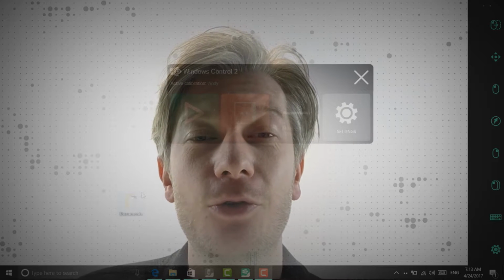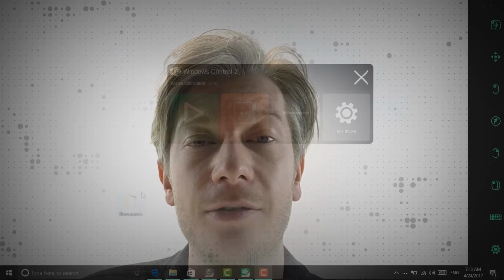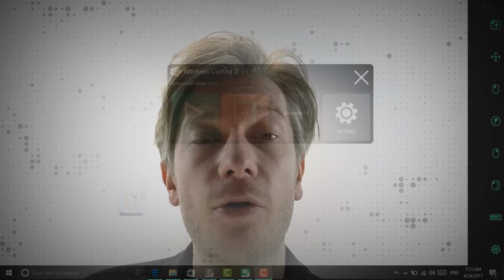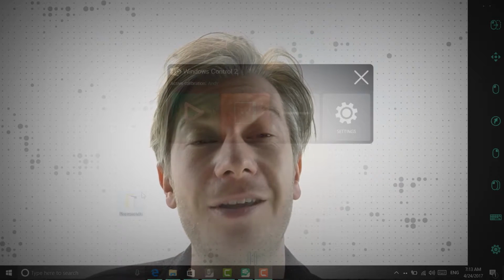The taskbar within Windows Control contains various tasks, all of which replicate what can normally be done with a standard keyboard, mouse or trackpad. I'm going to go through each of these tasks to show what they are and how to use them, though before doing so I think it's important we talk a little bit about the differences between